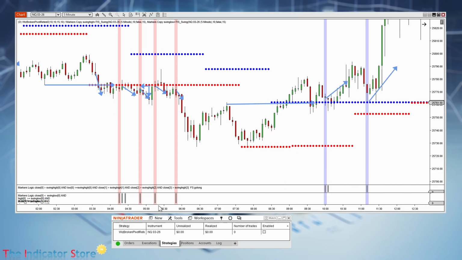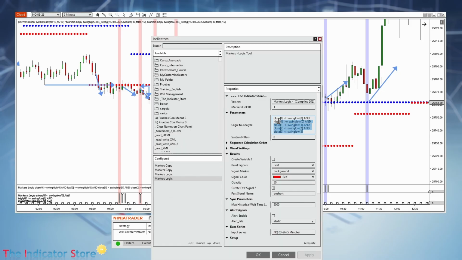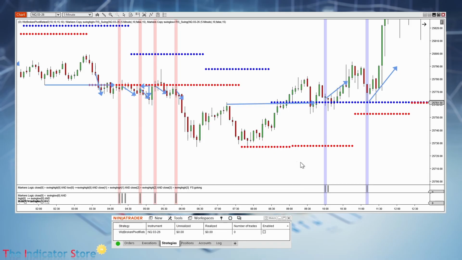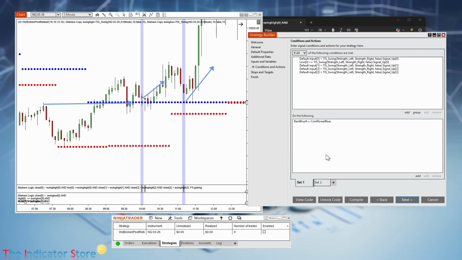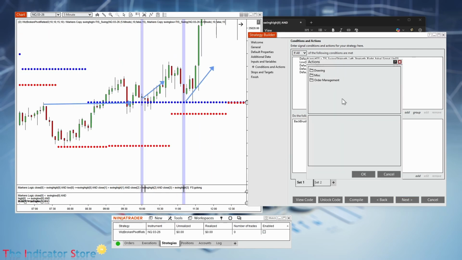On markers, by the way, I forgot to mention, we are painting the first time that this is true, because we can also paint all the times and we get the same result. Okay, but we have the option of painting and also creating a signal the first time that the condition is true. But for the strategy on Builder, let's see what happens if we enter long